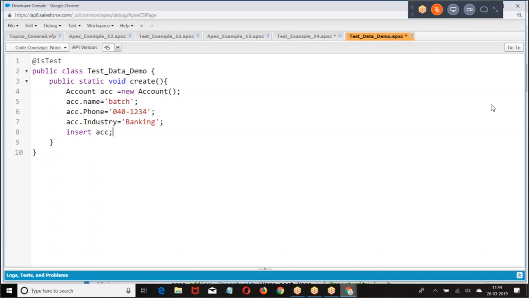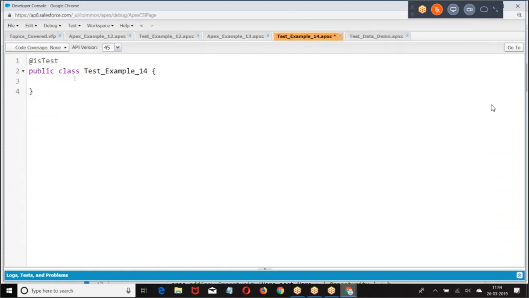If you want to return something, you can return it as per your choice. It's okay. I'll go with void. Then, test data.